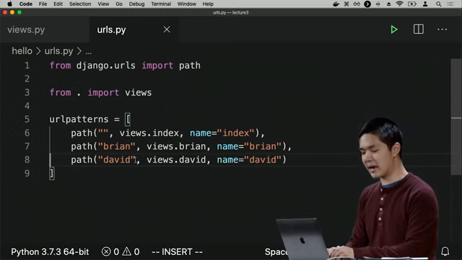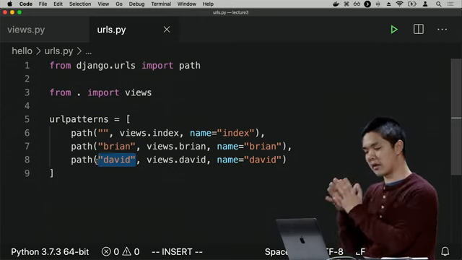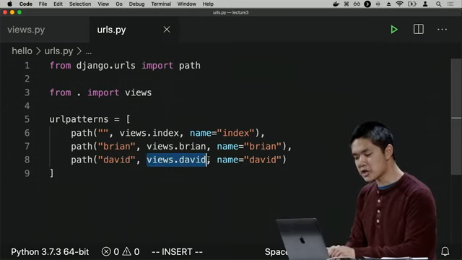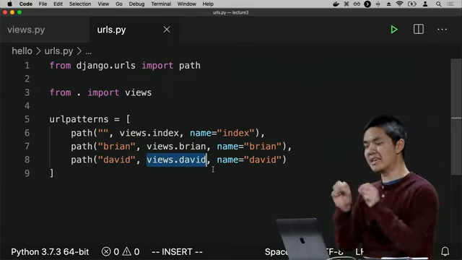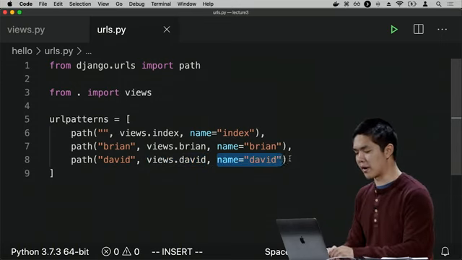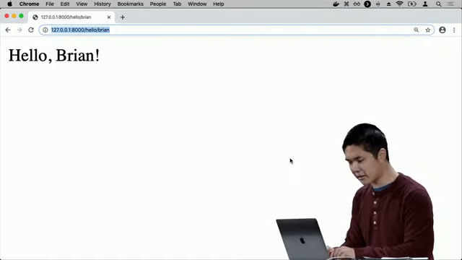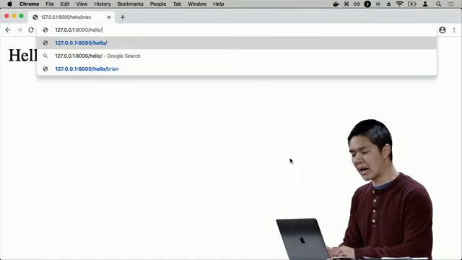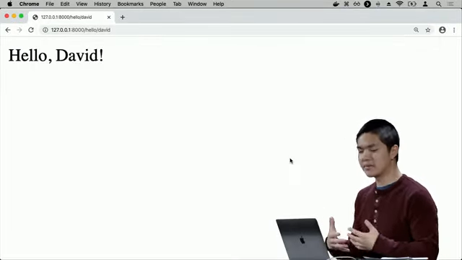Each time I'm giving it a URL, so what comes after the /hello, I'm giving it a function to run, the David function inside of views.py, and giving it a name just to make it easier to reference a little bit later. And so now I have /hello/Brian, and now I have /hello/David, each of which displays a different HTTP